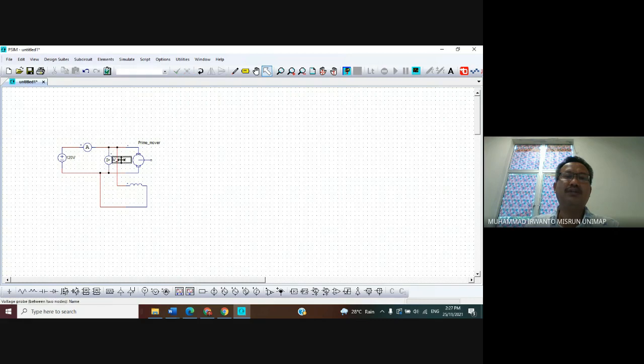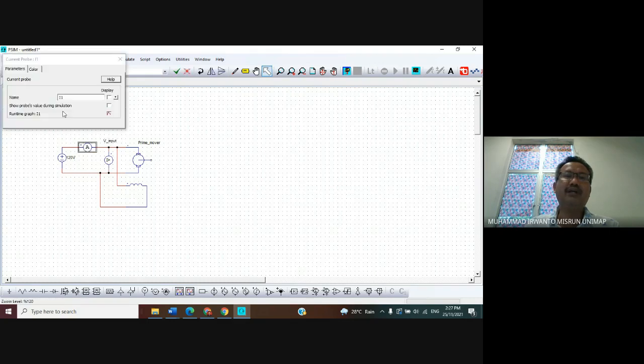After that you can move this one to position it like this one. Yeah, after the rectangle appears, double click also A, and then give the name I input. I input, don't forget to tick.